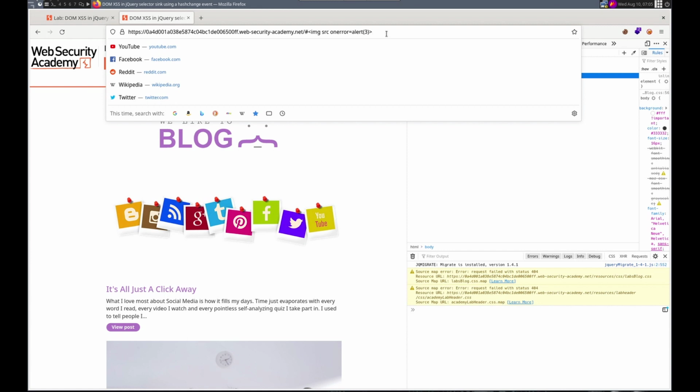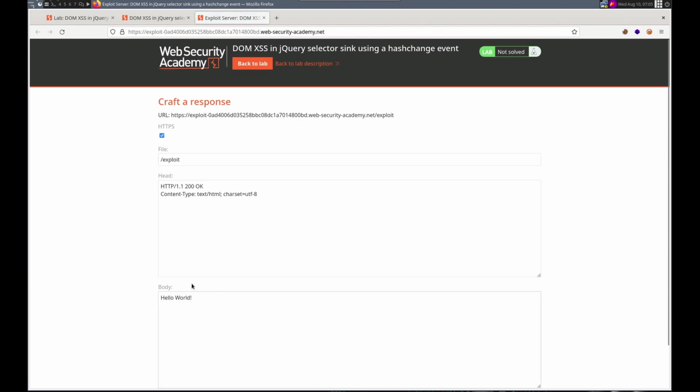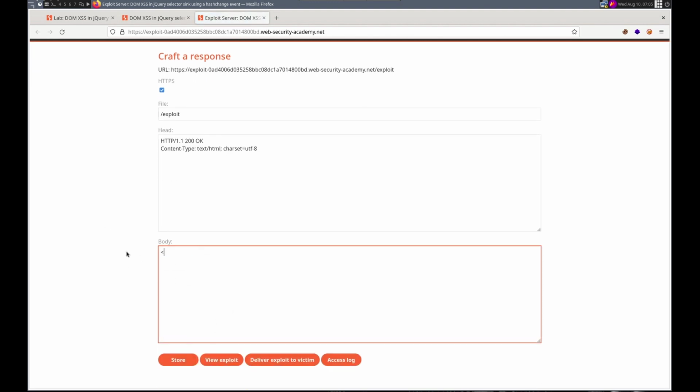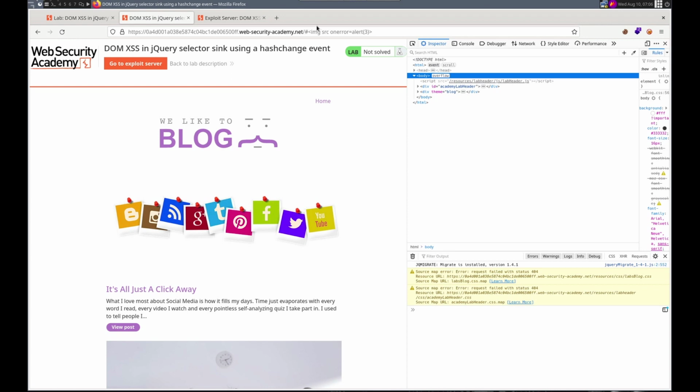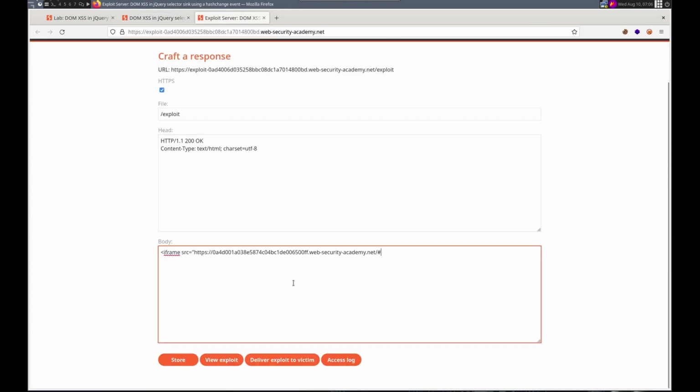What we're going to do is use an iframe and then the onload function in the iframe. We're going to change this hash using that. We're going to deliver it using the exploit server. Let's open this up so we know how it works. And basically in the body here, our exploit is going to be iframe src equals, we need the URL of, actually, let's add in the hash here, and then we need onload